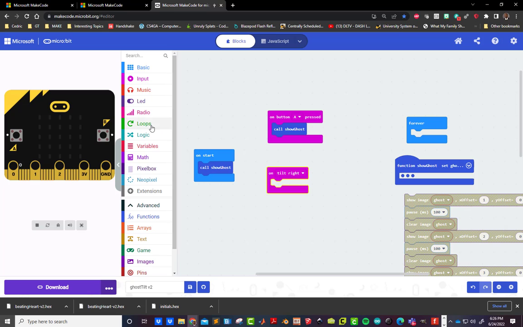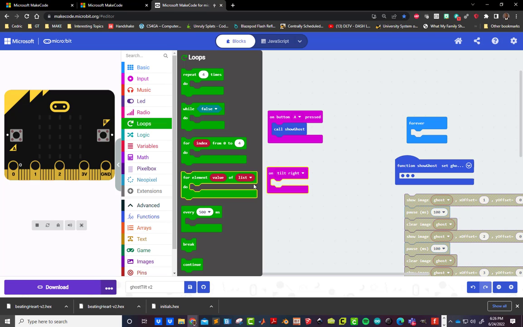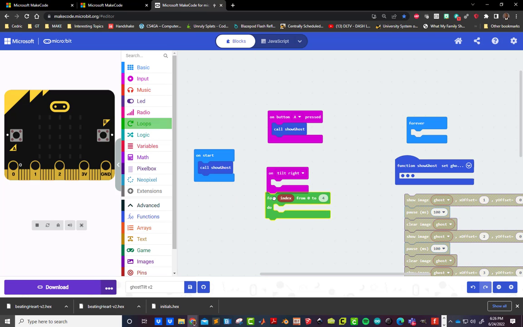Right? And so we do that using what's called a loop. If I hit the loop here and I get the for loop and I click that there, this says for index. There's a variable called index, and it's going to go from the value 0 to some value that we set here. Right now it's 4. If I click on that, I'm going to change that to 8. And that's going to say we're going to start with 0, and then we're going to do this thing 8